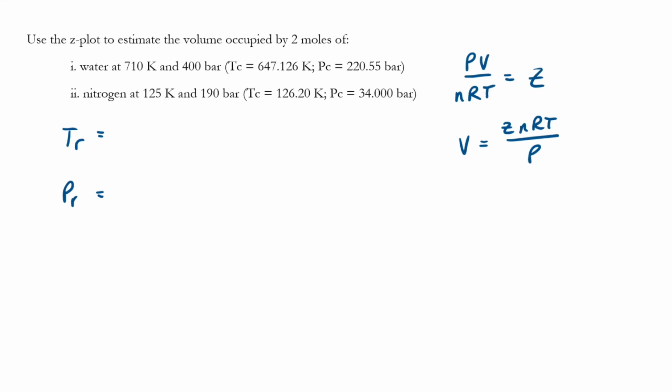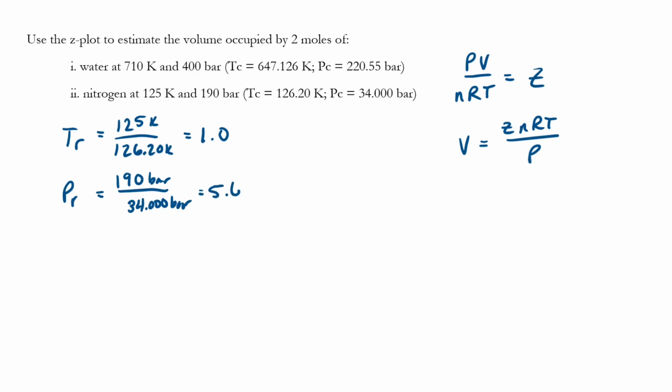And now we do the exact same process for nitrogen. Looking at nitrogen, the reduced temperature, so the actual temperature is 125 Kelvin. The critical temperature is 126.20 Kelvin, which puts us in the neighborhood of 1.0. And the pressure, the reduced pressure, is 190 bar divided by 34.000 bar,